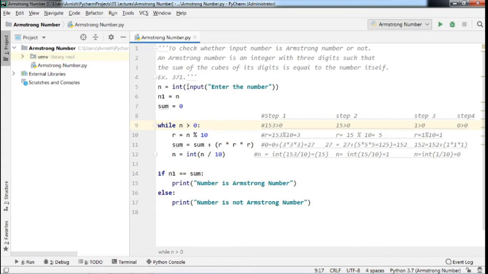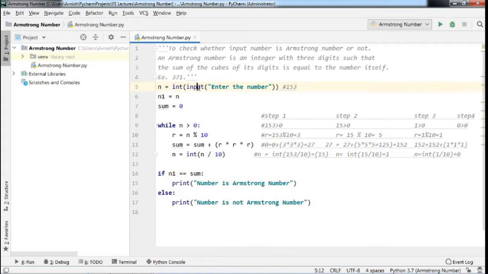See here, we are accepting one value, enter the number. We will accept the same value that we already discussed in our example, that is 153.